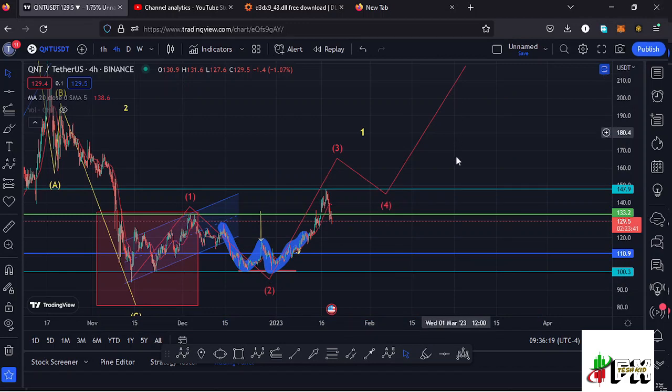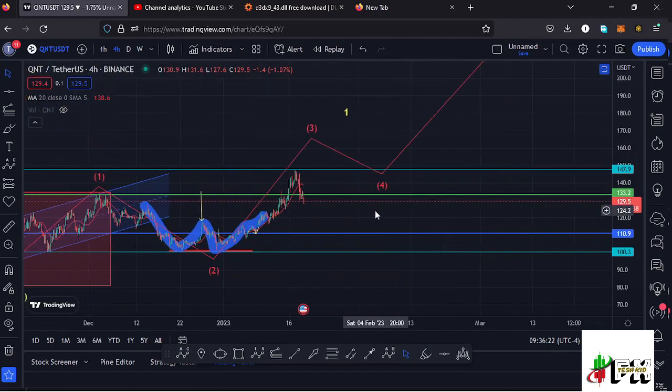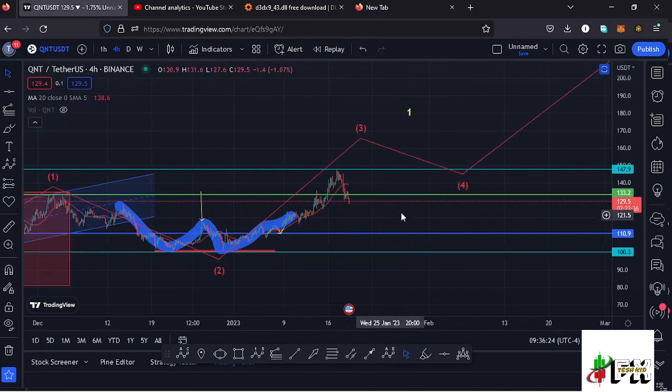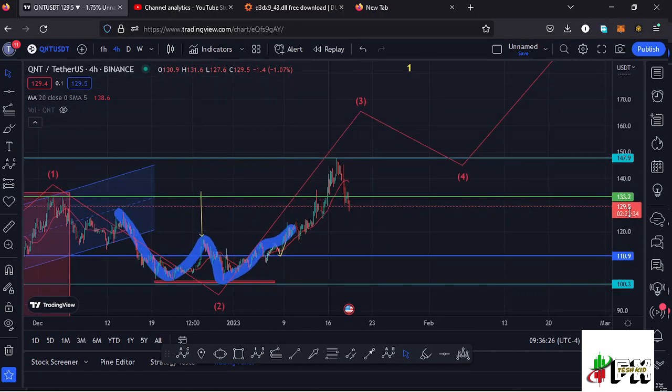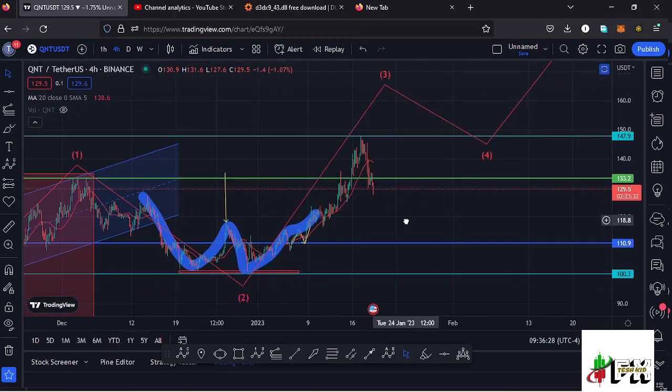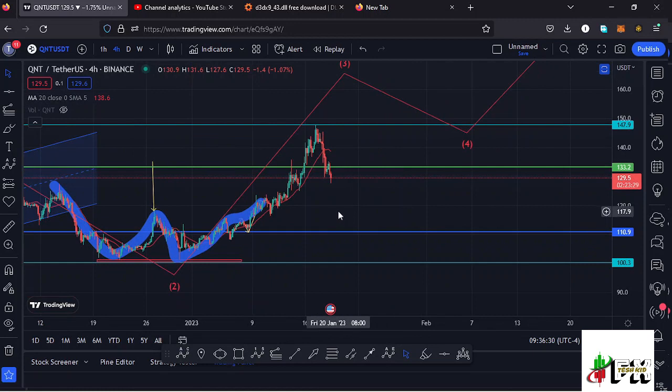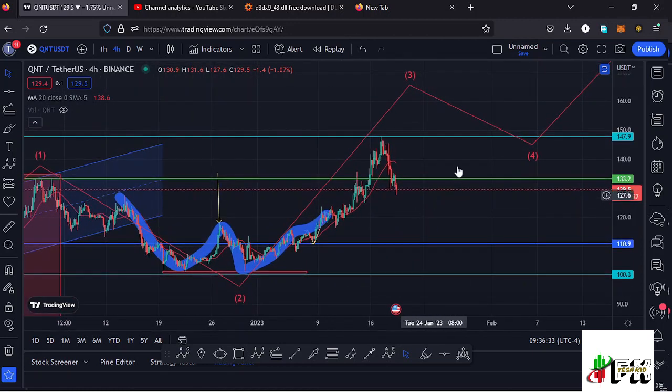But getting to the short-term scenarios, where you can see that we have managed to lose a key area of support at around the $133.2 mark, I need to give you a target area here on the charts that we need to continue holding above for us to say that we are still in the formation of this wave 3 to the upside. And to give you the target area, I'll be using the Fibonacci's, connecting them from the low